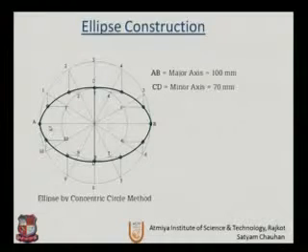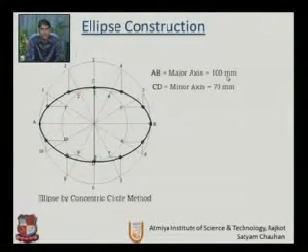The bigger circle gives us the major axis, AB equal to 100 mm, and the inside circle gives the minor axis, CD equal to 70 mm. How do we create this ellipse with the help of concentric circles? These two circles are concentric, which means their center is common. So to get the ellipse, we need to